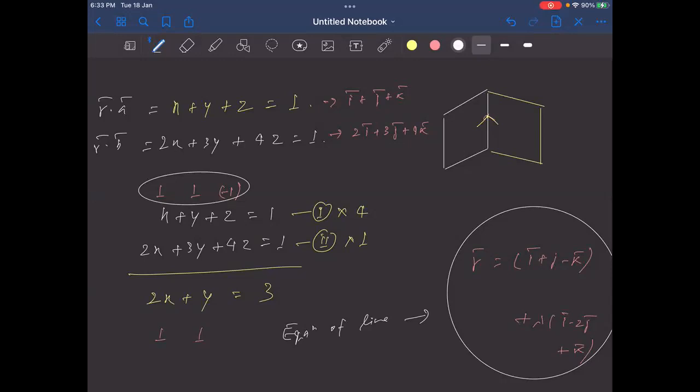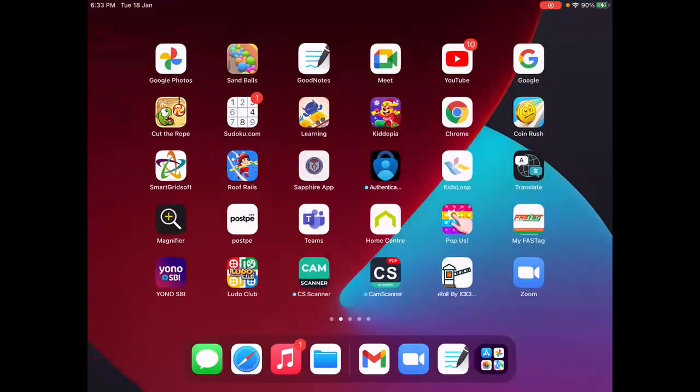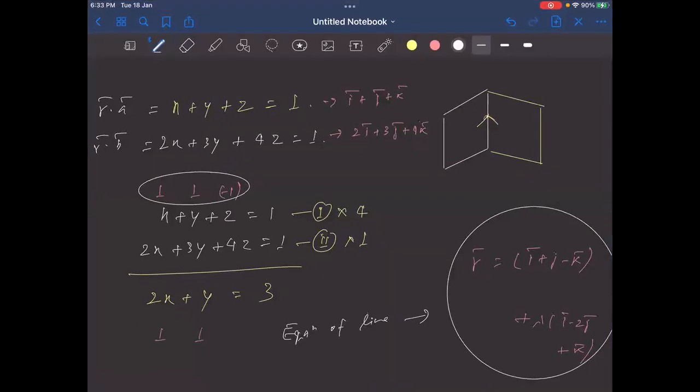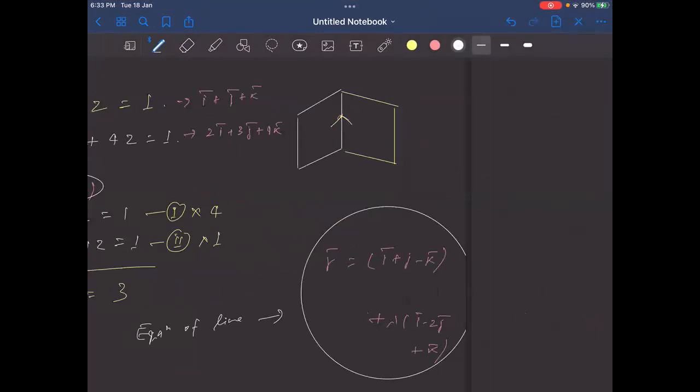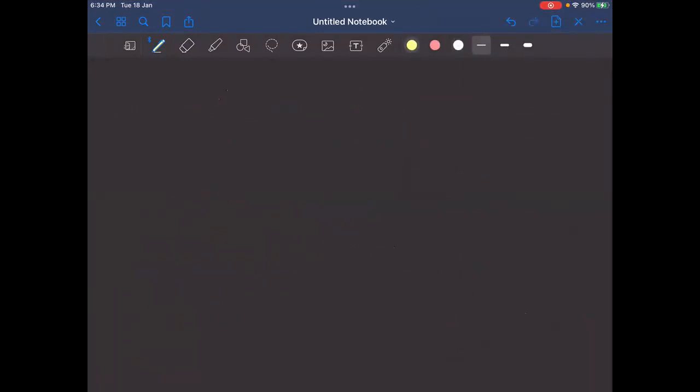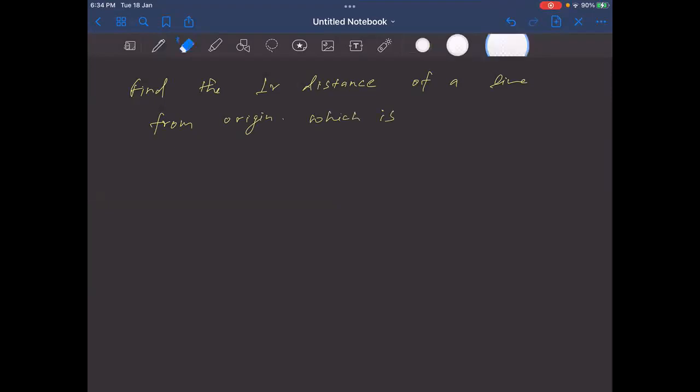ठीक है, तो ये कार्टेशियन फॉर्म से वो वेक्टर फॉर्म से वो, ये दोनों बहुत इंपॉर्टेंट है, पता नहीं इसका आइडिया कैसे लिया जाता है। अच्छा देखो, इसी का एक एक्सटेंशन में ले रहा हूँ, और ट्राई दिस क्वेश्चन, आई एम जस्ट राइटिंग डाउन, फाइंड द perpendicular distance of a line from origin which is in the form of